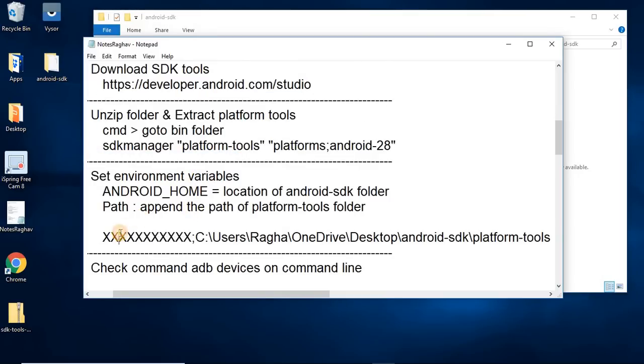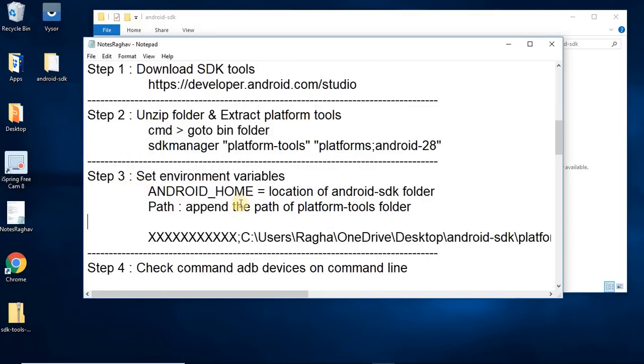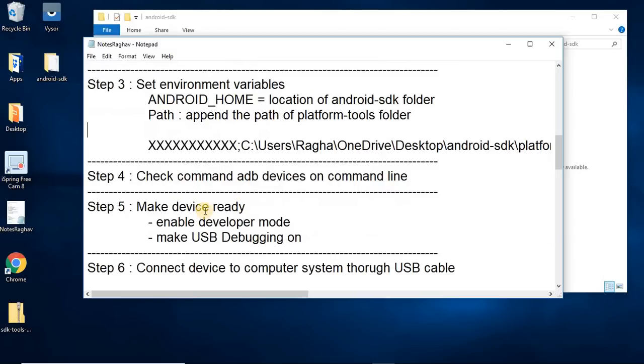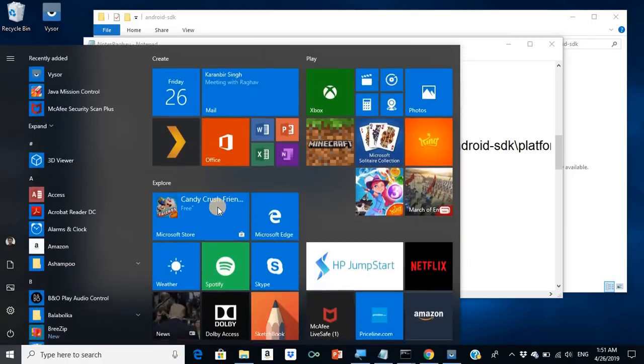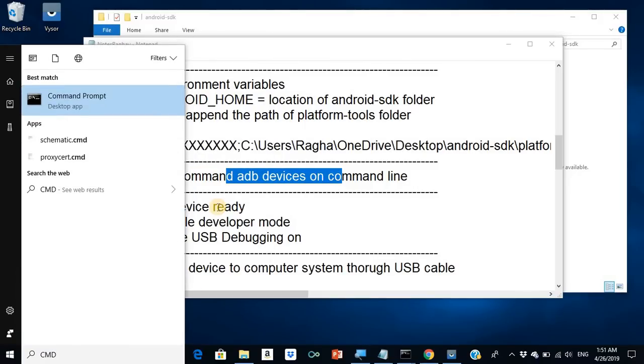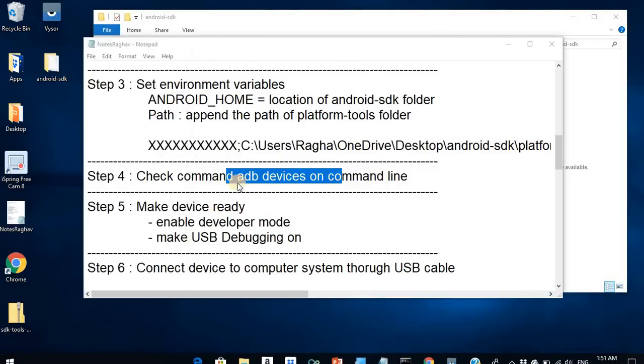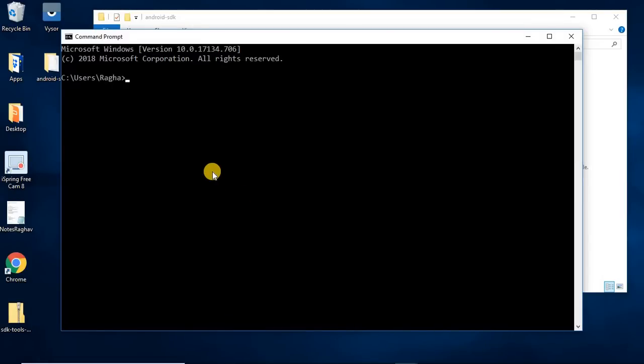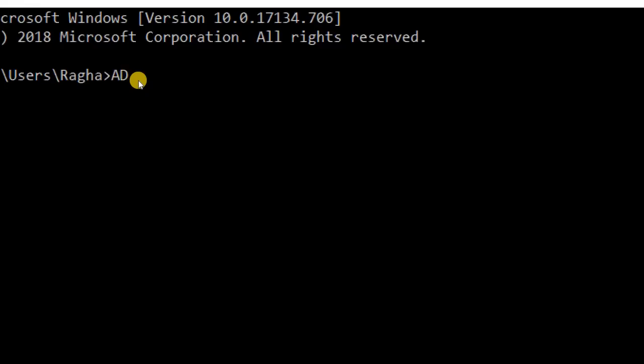So now we have also done step number 3, which is set environment variables, and now you can check the ADB devices command on the command line. Now if you go to your command line and open a new command line, because the older open command line will have the older session, so go to a new command line, and now here if you run ADB